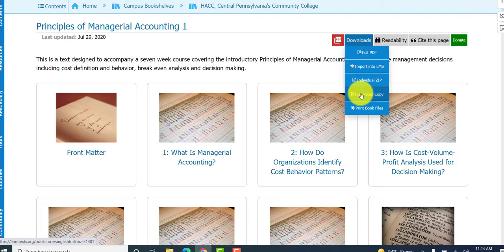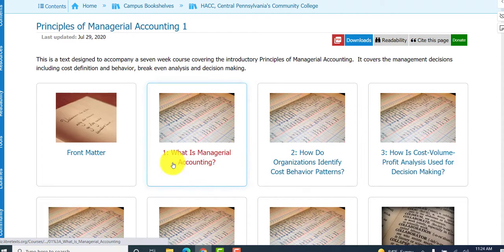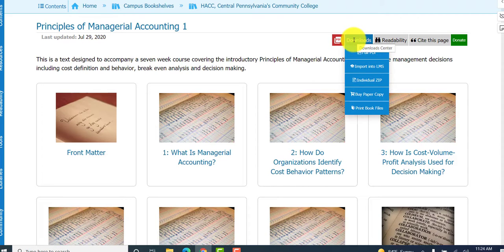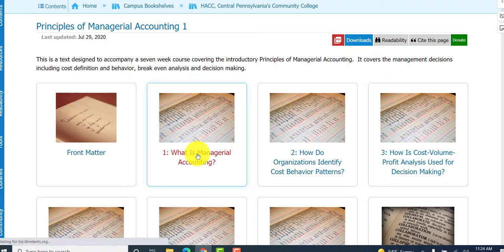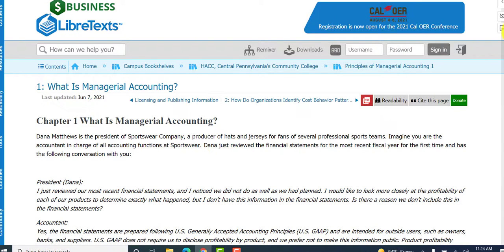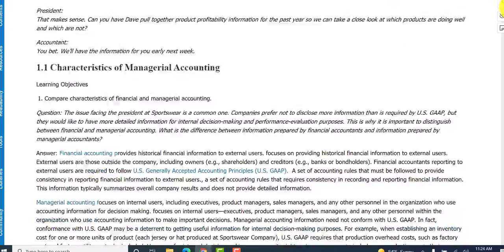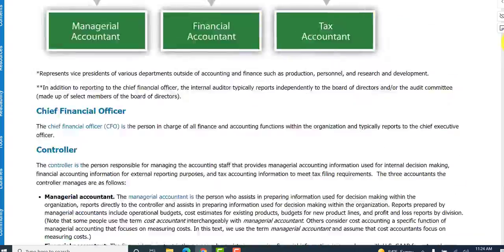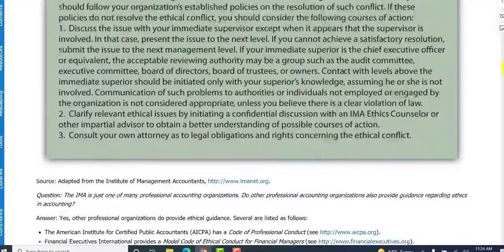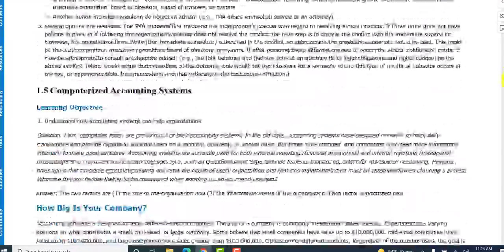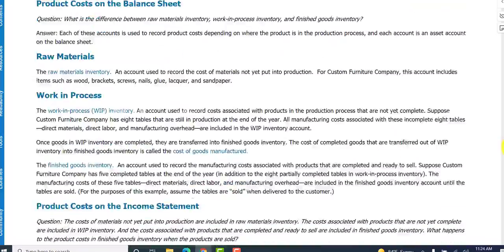All right. So those are your options to use the textbook. Either way, if you do buy a paper copy, it does cost like $13 or $14 to print it and have it shipped to you. So then each chapter, just to give you an idea of how it is organized, click on that and there will be the material, reading, just like a regular textbook. You can scroll down, and then at the very end